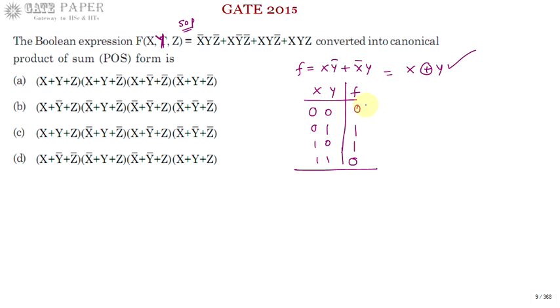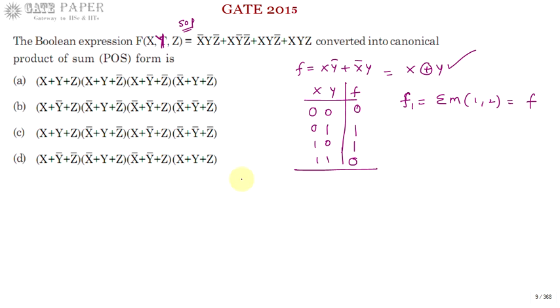Now I am writing f1. f1 can be written as sigma m of 1, 2, which is the equivalent expression, nothing but f itself. With the help of the truth table, if you look at the output column and write the minterms corresponding to 1 in the output column, they result in the original expression. So the SOP of minterms which correspond to logic 1 in the output column will give the original expression.